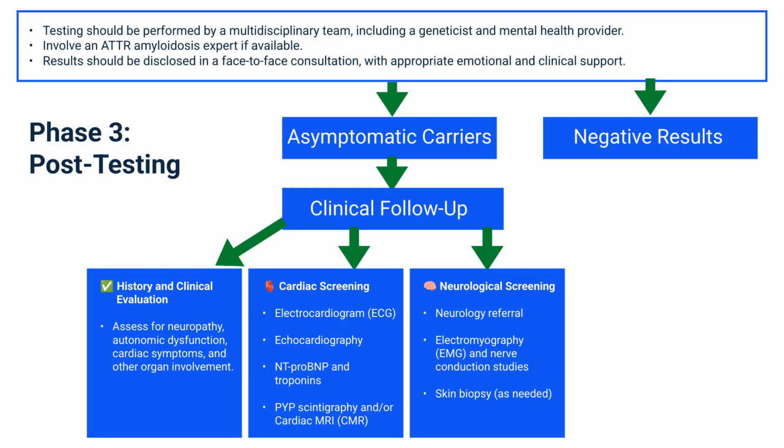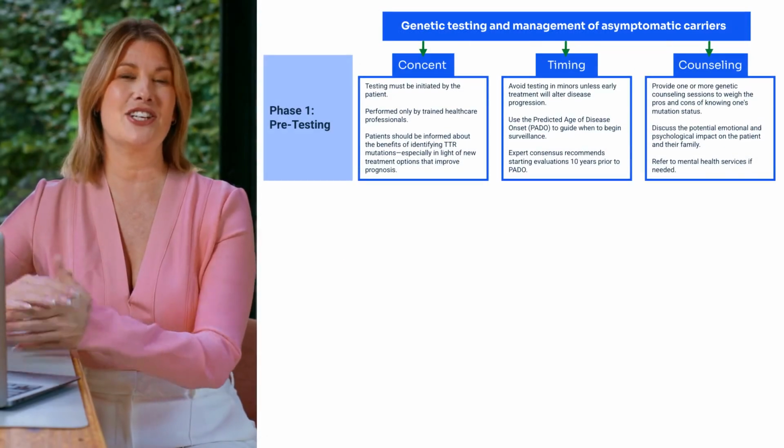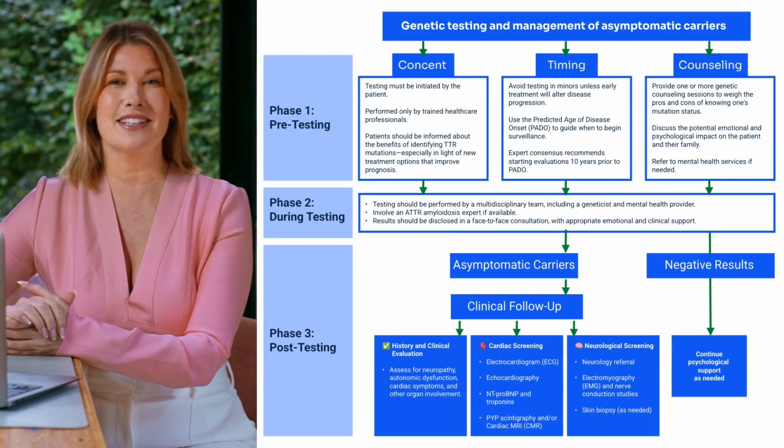Now, for those who test negative, that doesn't mean their journey ends. Psychological support may still be important, especially if there's been long-term anxiety about inherited disease risk. Ongoing access to counselling can help these individuals process their results and support family members who may still be navigating testing decisions. As you can see in this visual from Alresch and Ruberg, the entire process is designed to be